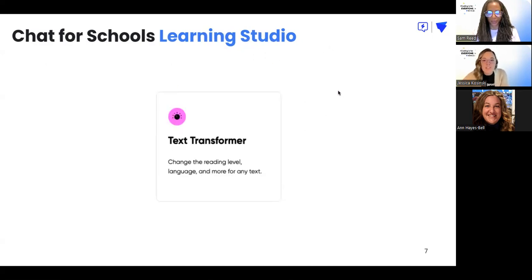So jumping into the Text Transformer. There's a lot of different tools that can be utilized within our Learning Studio. We're going to focus on the Text Transformer to start today. With the Text Transformer, you're able to change the reading level, the language, you can shorten or lengthen a text, and some other features there. So we're going to play around with that idea. And with this,